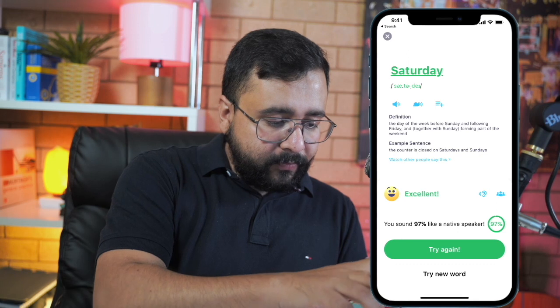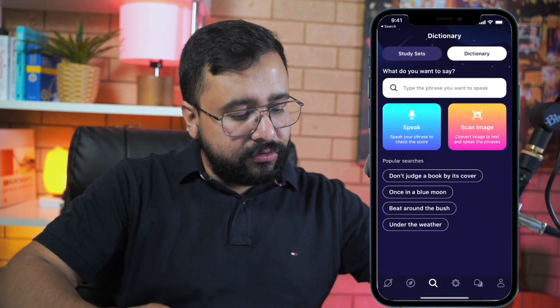So guys, these are the different tools I use all the time to improve my English language skill. Just like you, I'm also a non-native speaker and I'm learning how to speak English all the time. Although I have the experience of more than 15 years of teaching English, still I feel like there are so many things I don't know.